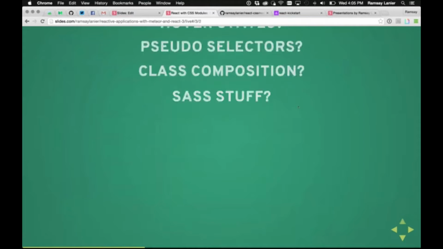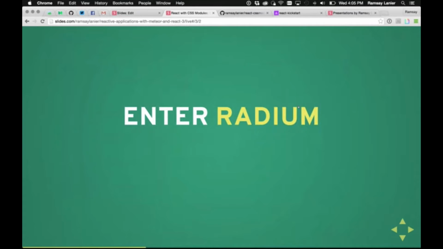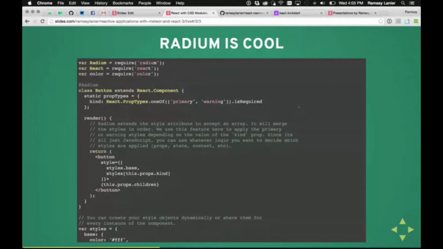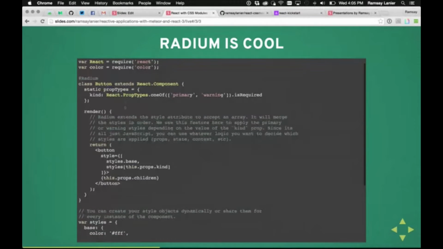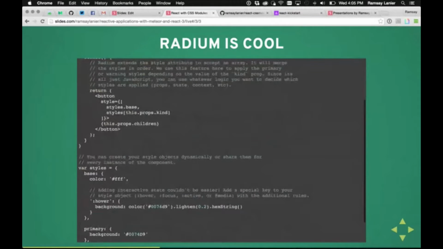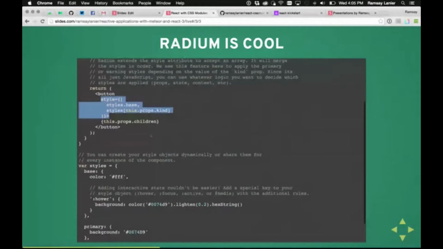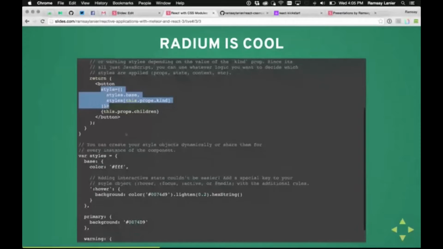Well, there's a really popular package called Radium, which attempts to alleviate some of these problems using inline styles. Here's a really good example, taken straight from Radium's website, their intro. We import Radium, and you can see right here on the button you've got this style object, which is an array of styles.